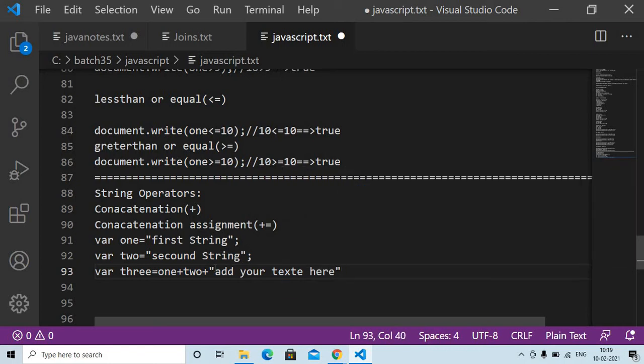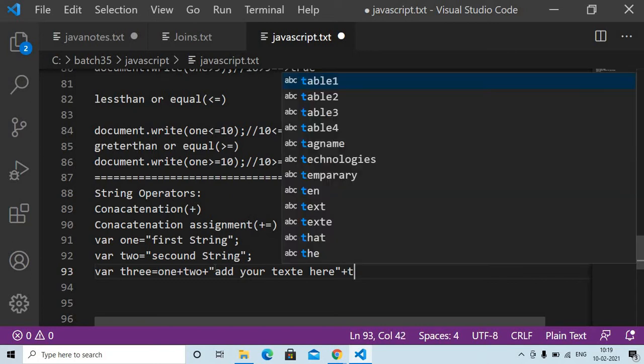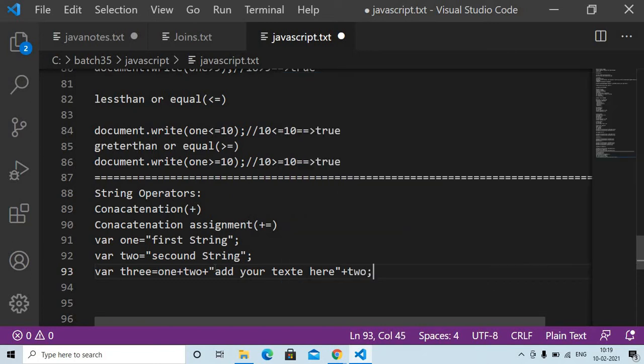After adding text you want to add one more variable value, again you are adding that. Like that you can add any number. This one we call a string concatenation. If you want to make it a string concatenation, we can use a plus symbol. Okay, so next one, concatenation plus assignment.